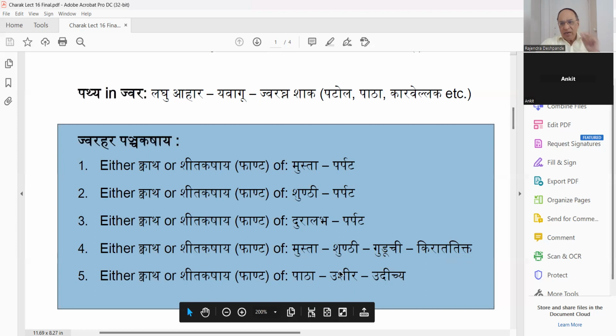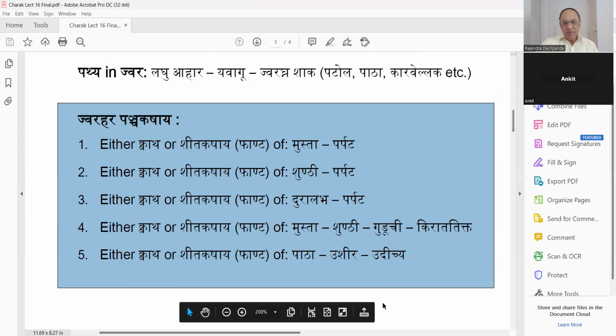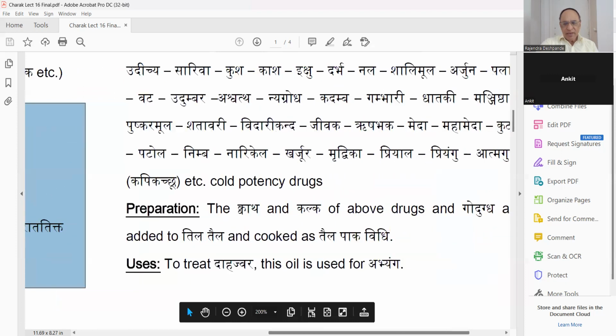आगे चलकर पाठा, उशीर, उशीर का मतलब वाड़ा होता है, एक प्रकार का ग्रास होता है वो, और उदीच्य नाम का एक द्रव्य है। तो इसके द्वारा हम ज्वर के लिए पंच कषाय चरक संहिता में बताए गए हैं। तो अभी हमें राइट साइड के हमारी कर्सन लेनी है और